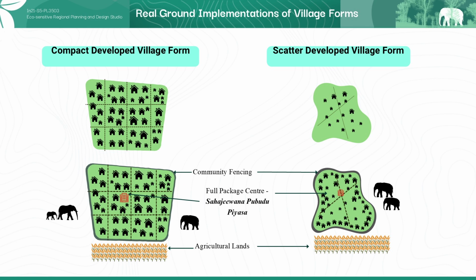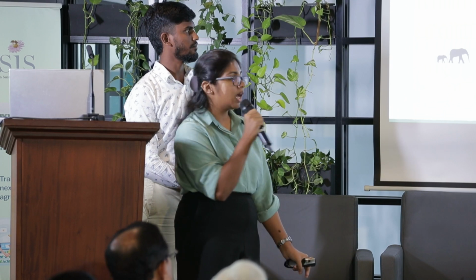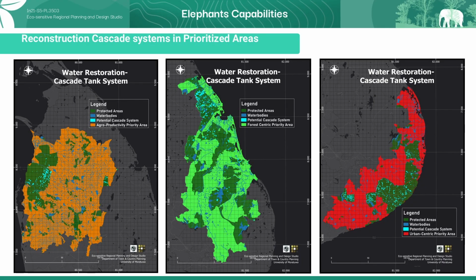If the village form is already in the compact category, we can construct the community fencing directly. But in the scattered form, the first step is to have a new plan for housing as infill development and at the edge of the boundaries. Further, we must make sure that villages having fences will not push elephants towards other villages. So we need a regional level elephant movement map prepared by the Wildlife Department, indicating stepping stone corridors and home ranges.